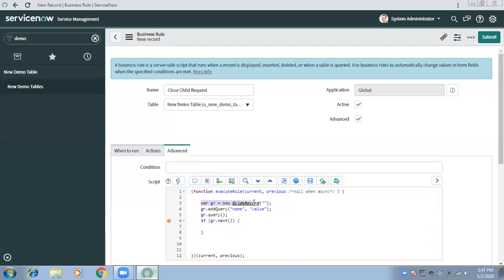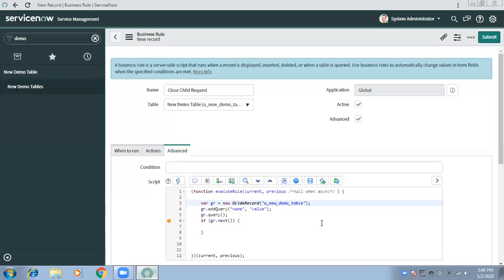The first line, line number 3, is instantiating the class. You create an object of the class, and that object will be gr. Inside it you need to pass the table name, the table for which you want to create the object, new GlideRecord. GlideRecord is a class which gives you functions and methods through which you can insert, update, delete, or query the records from a table.